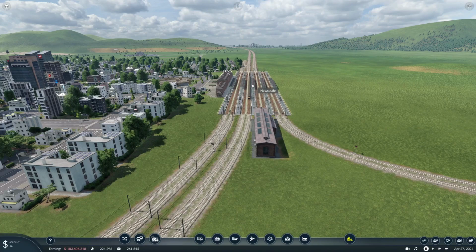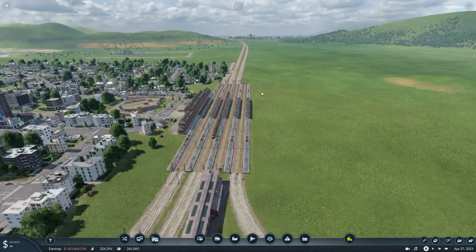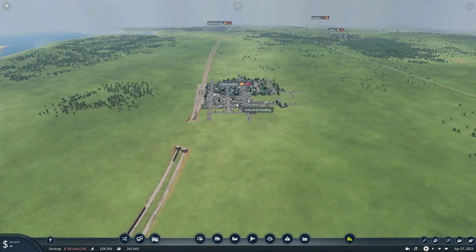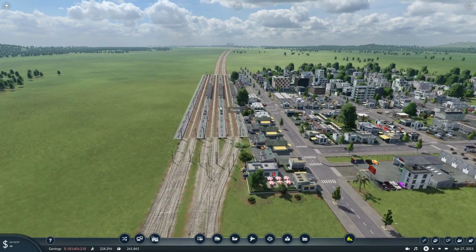That was something else that was also screwed up, so I did fix that as well. But yeah, it was all good until I added this station, this platform right here. When I added this platform,